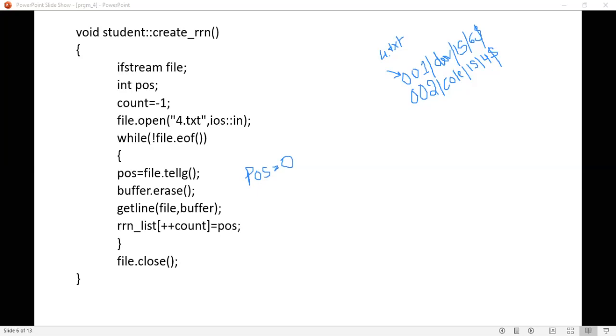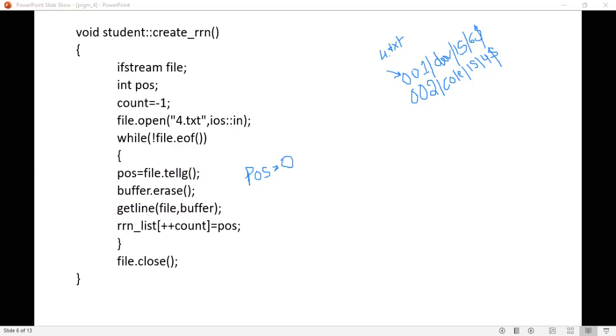Next, you have to erase the buffer, clear the buffer, buffer dot erase, whatever contents are there, just erase it, and then getline of. This method, what it will do, it will read one line from here. You got the position now. Now from this position, it will read one full line. Understood? One full line. Now, earlier I told you, when you execute this particular line, that is getline of, in that case, next the tellg, that is the get pointer, where will it point?